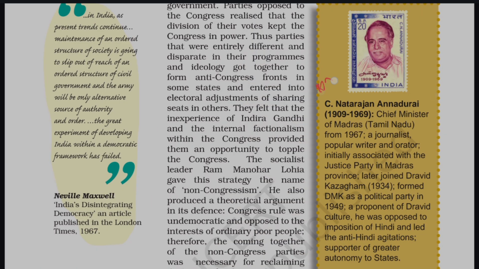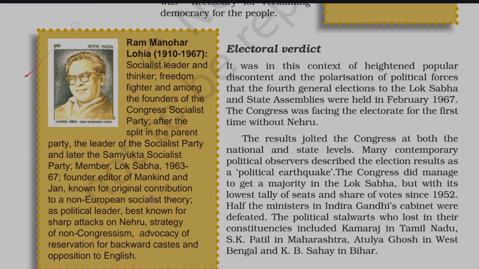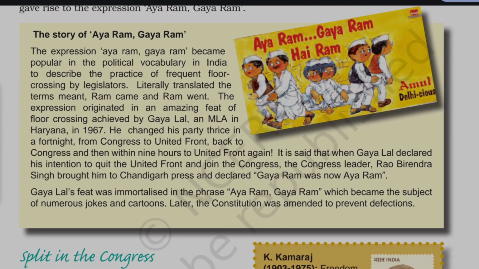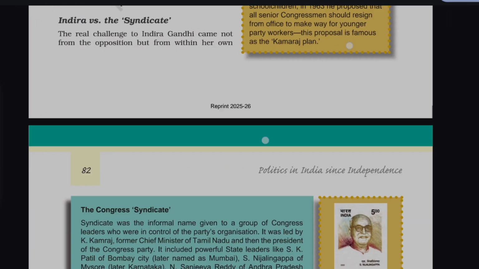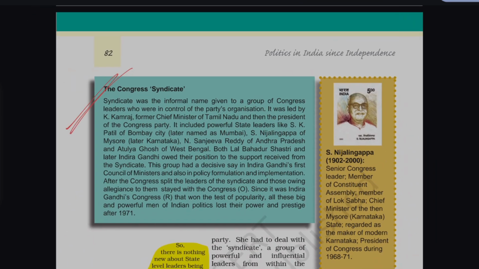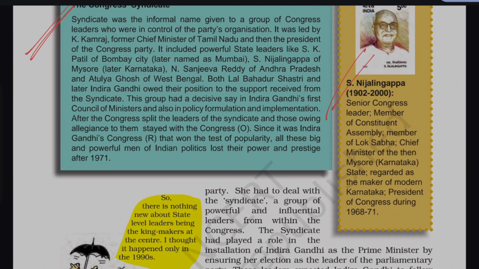Again, this is a very important map based question. See Natarajan, they will ask you to mark Tamil Nadu then. Okay, so this becomes very important. Same way again, Ram Manohar Lohia, he will also be from UP. And again, boxes like this, the information, like the data part, would be very important. Here again, this state has been mentioned. The state has been mentioned. So try to look out for the important points in the boxes and go through them.